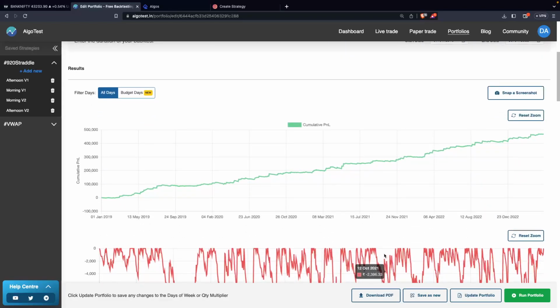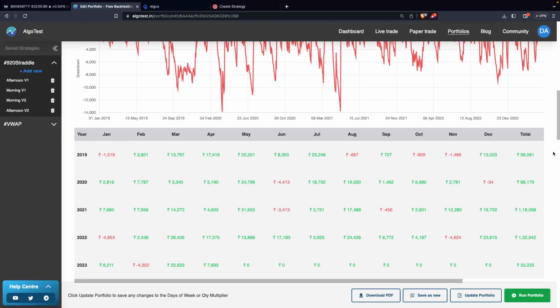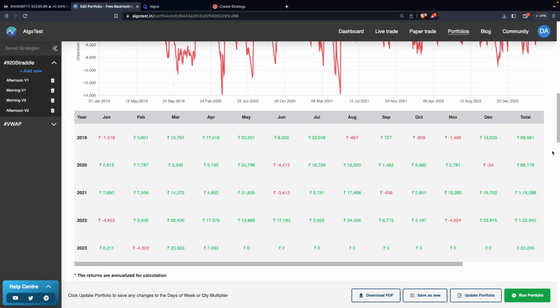So these basically are the results. This is how the strategies, the portfolio, performed. Here we are using four strategies, so this is a complete portfolio. The portfolio has started from zero and is constantly making profit from 2019, and currently it is running somewhere around here. So if we talk about the backtest,